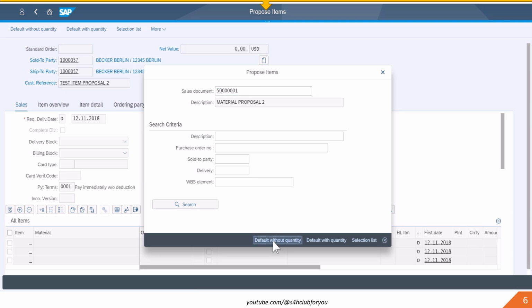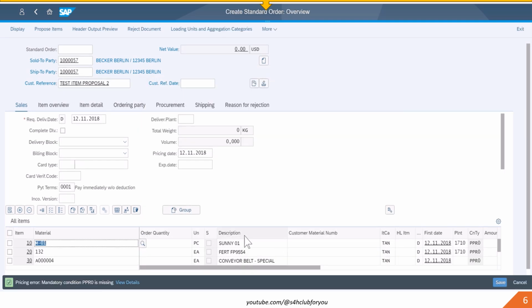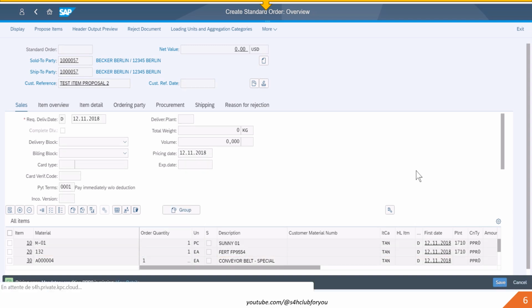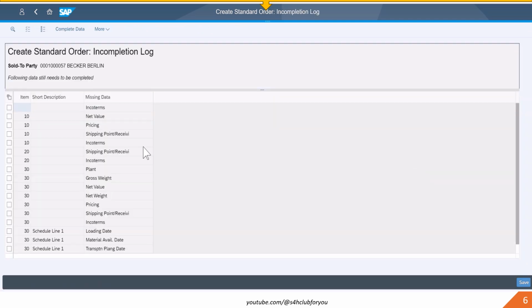So let's start with the basics. What exactly is an item proposal in SAP? Well, think of it this way. It's basically like a pre-made shopping list for your customers. Oh, okay. It's a list of all the materials, the products they usually order, already set up with the right quantities. It's basically a template for those repeat purchases. Makes sense. So instead of starting from scratch every single time,